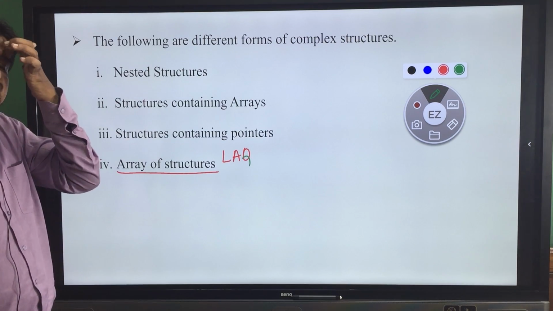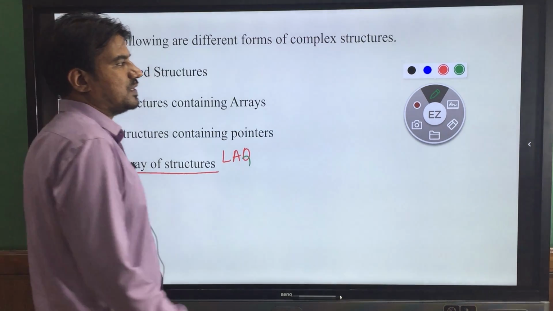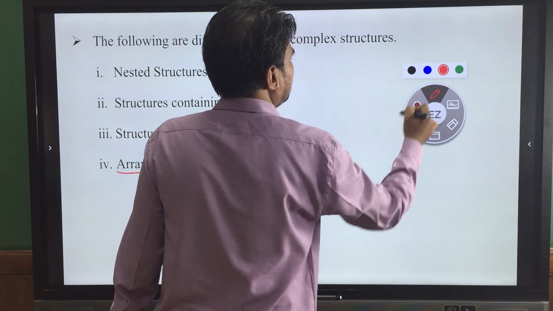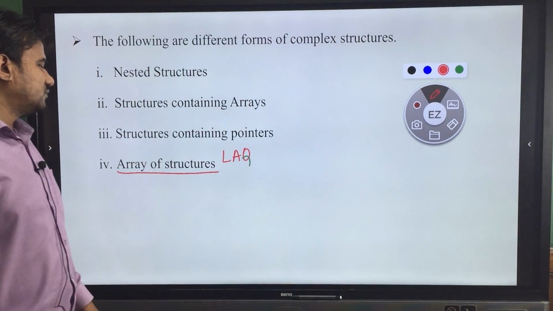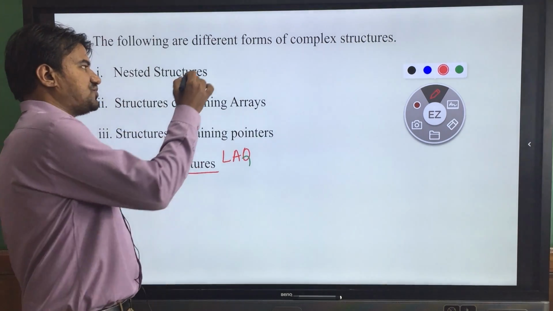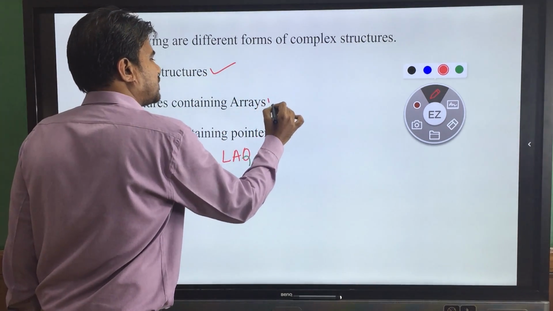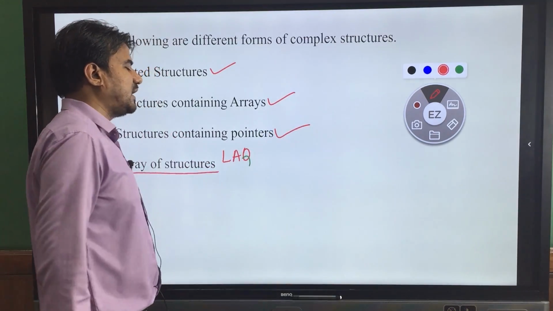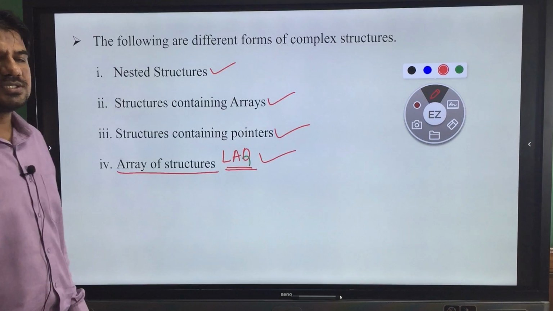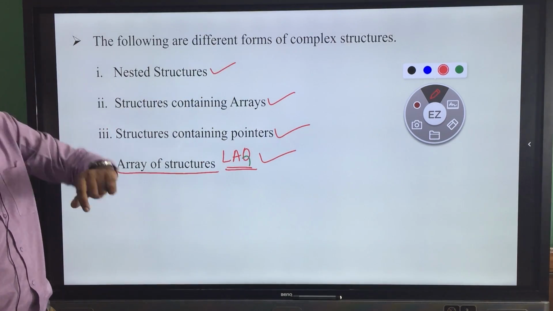Definitely you will get one question from this concept. One by one we will practice all. We will see what is a nested structure, what is a structure containing arrays, what is a structure containing pointers, and the last one, what is array of structures, from our next session onwards.